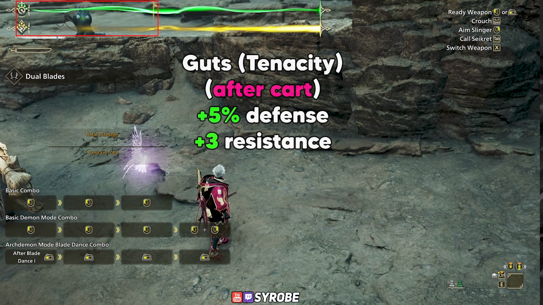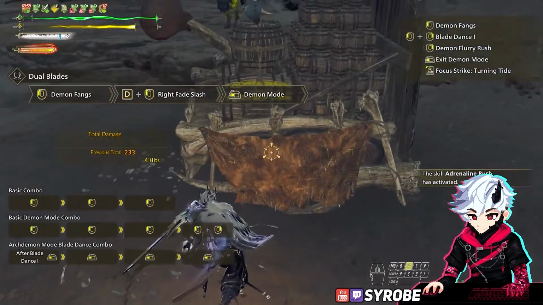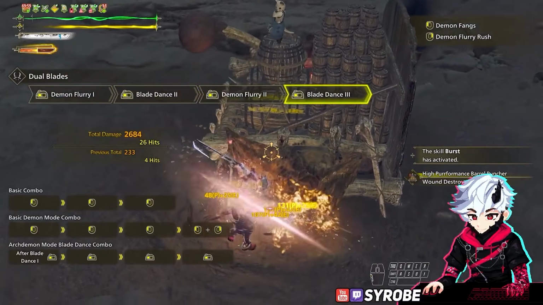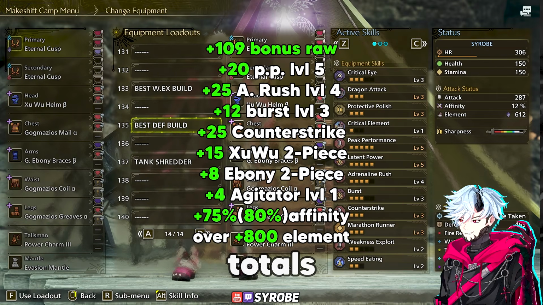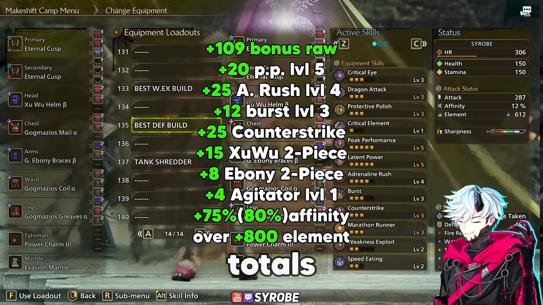Then after Guts Tenacity saves you from dying, your stats change, and instead you'll get plus 5% total defense and plus 3 to resistances. Now for the defense build, which despite defense in name, has pretty much the same top DPS output as all my other builds, but prioritizes the 4-piece set bonus for Mutual Hostility 2. Starting off with an insane 109 bonus raw attack, 75% affinity with 80% on wounds, not to mention still over